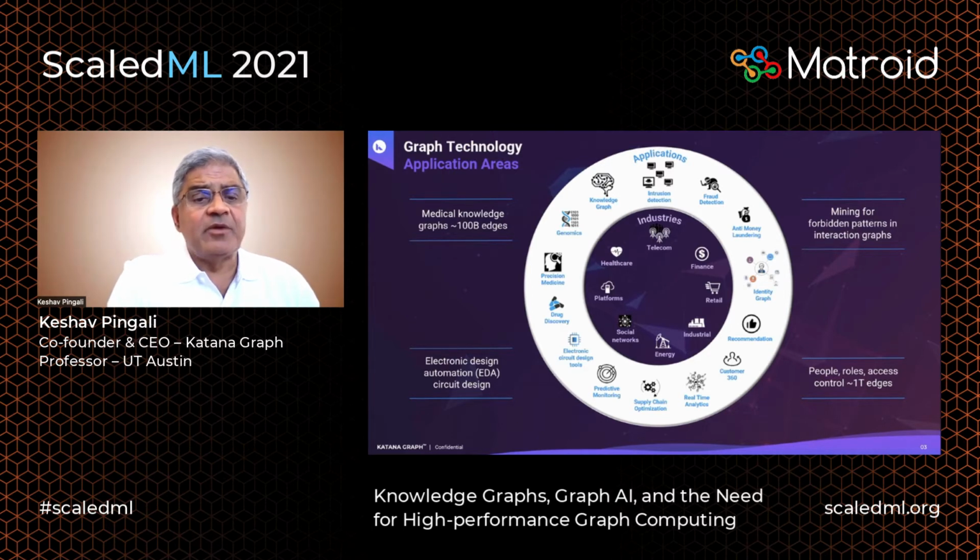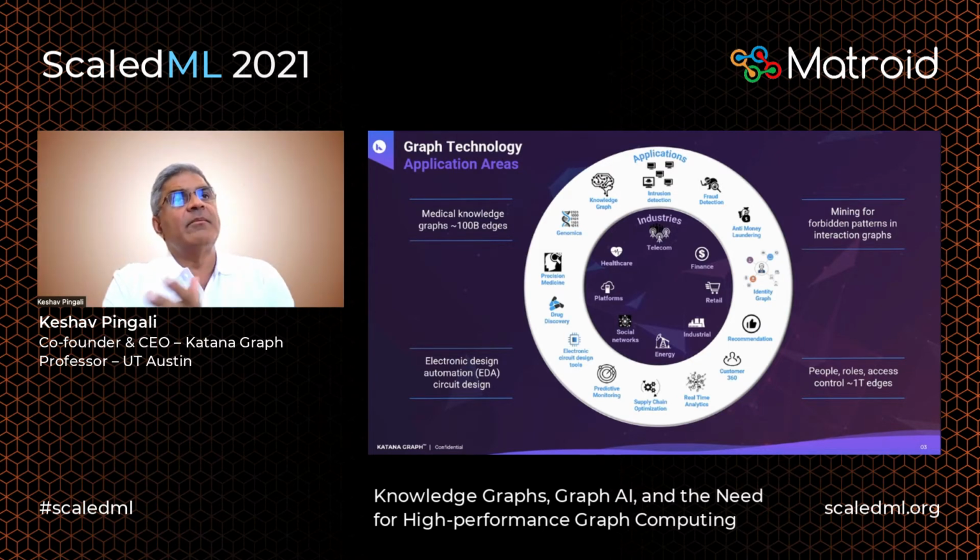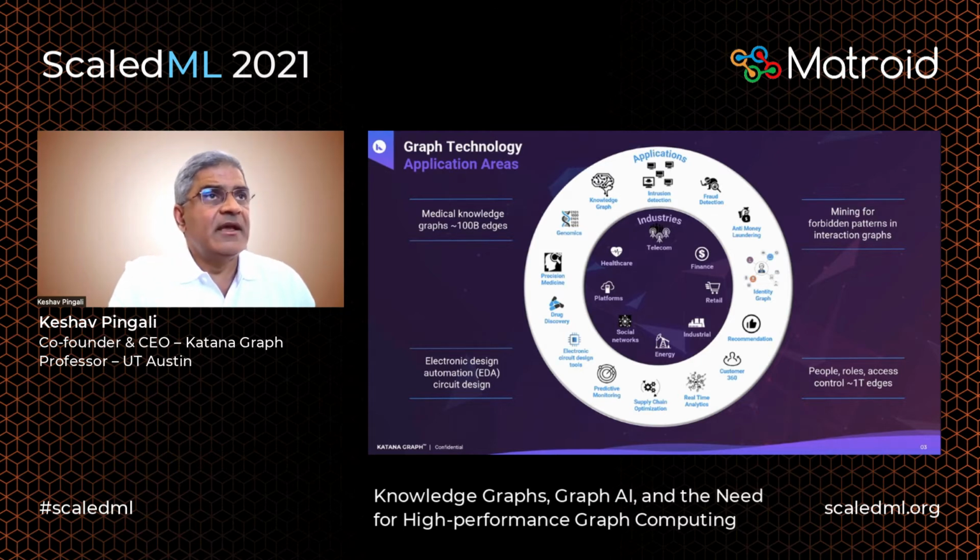The final area that I want to touch on is in the medical and pharma space. So things like precision medicine, drug discovery. So there are many diverse applications of graphs in these areas. This is one of our active areas of focus for Katana. I'll talk more about it later in my talk, but to give you an idea of where they use graphs, a lot of these companies have what are called medical knowledge graphs. And so these are graphs that contain information about diseases, treatments, chemicals, papers that have been published in the medical area, authors, funding agencies, and so on.